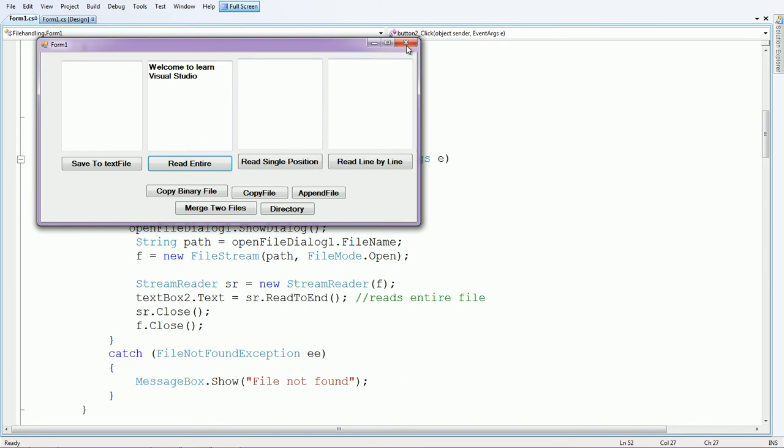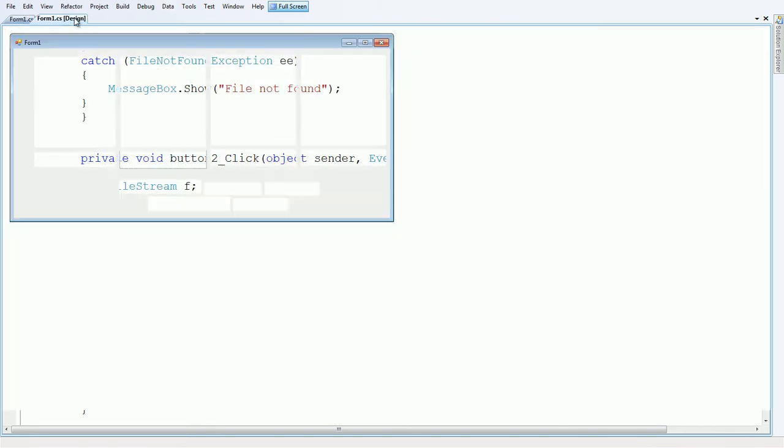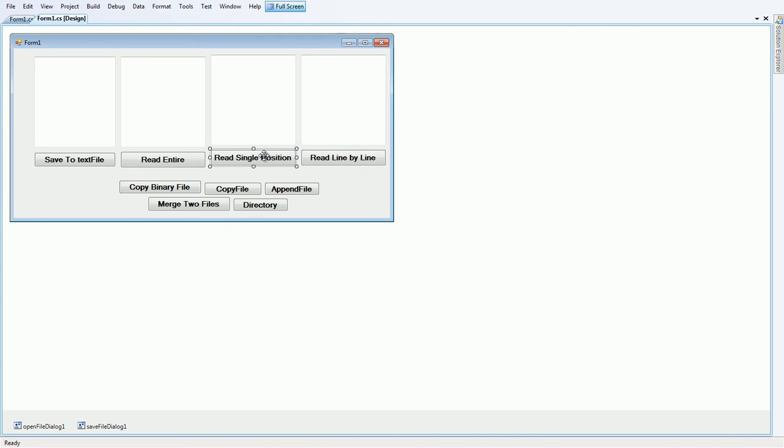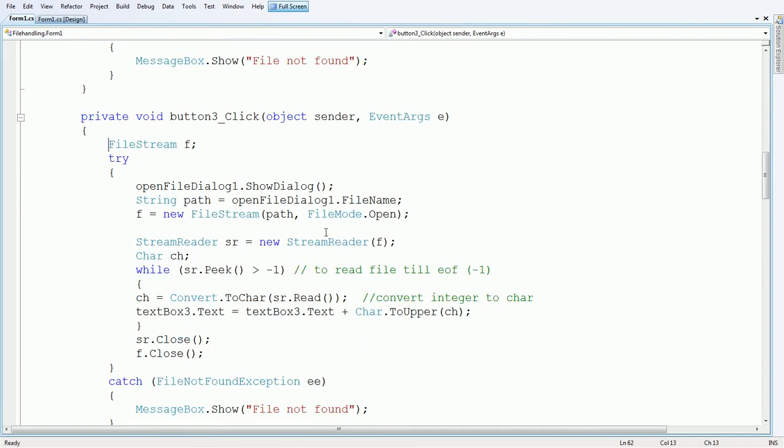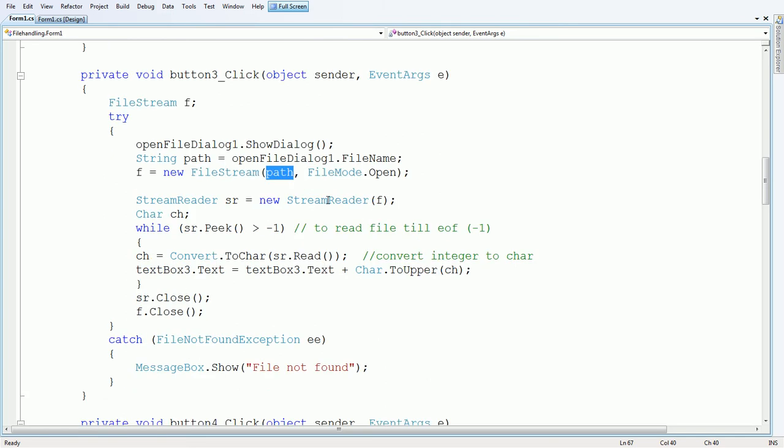Now let us read the file by a single position, that is a single character, like traditional file handling in C and C++. Again, open the file with the help of the file dialog box. If you don't want to use the OpenFileDialog box, then you can write the whole physical path of the file.